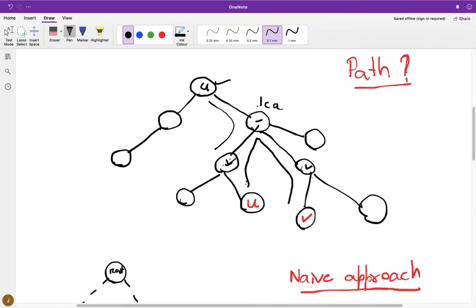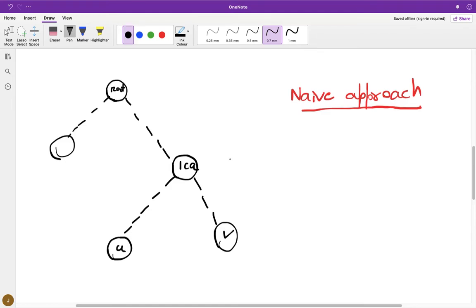Now, let's generalize what we visualized. Now that we know that our path goes through the LCA, look at this tree. We have a root here and we don't care about this part of the tree. There can be any number of nodes, we don't care. For each query, let's say you are given a node u and a node v, right? And we know that the path that connects u and v goes through the node LCA. So now that we already know how to find the LCA, what is the basic thing we can do to solve this question?